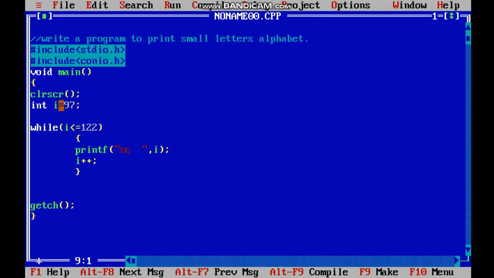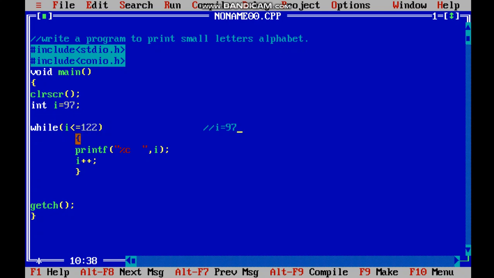Okay. Now as soon as I initialize the value of i to be 97, that means the ASCII value for small a, I used a loop that will give me continuous values. Now i value is 97. Let's keep in mind i equals 97. Then it will come to this condition, i less than or equal to 122. Is 97 less than or equal to 122? Yes, 97 is obviously less than or equal to 122. Then the condition becomes true.